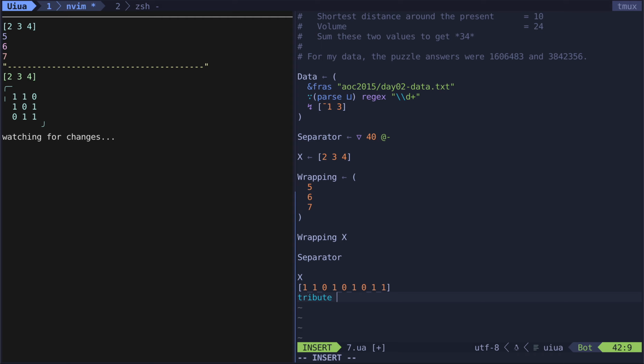So tribute is a modifier like rows. And now what function do I want to use? I want to say keep. And there we go. See how it consumed that x? It is not there anymore. If I get rid of that, I had my 2, 3, 4, I had my masks, but now if I run tribute, it consumes both of those things off the stack and produces the pairs,